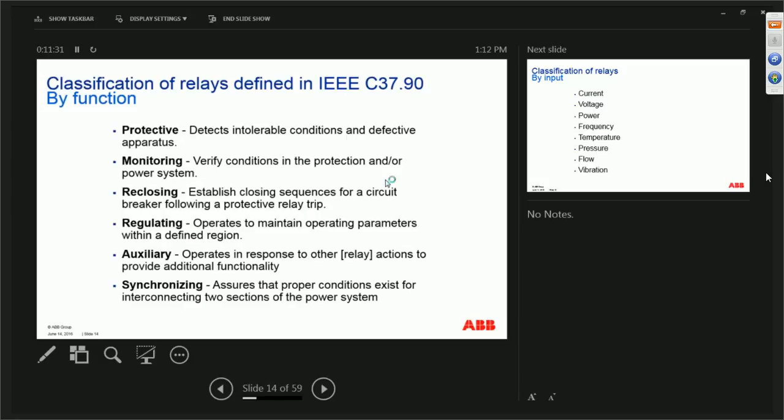There are various different ways of classifying relays. One method is by function, and this is defined by IEEE C37.90, which is a Bible for the relay protection. The IEEE Power and Energy Society Power System Relaying Committee is responsible for administering several of the standards, one of them being the C37.90, which is the Bible for relay protection. In there, we define functions